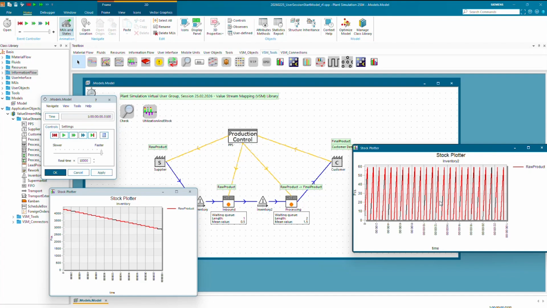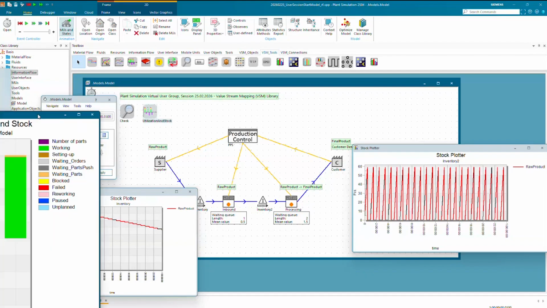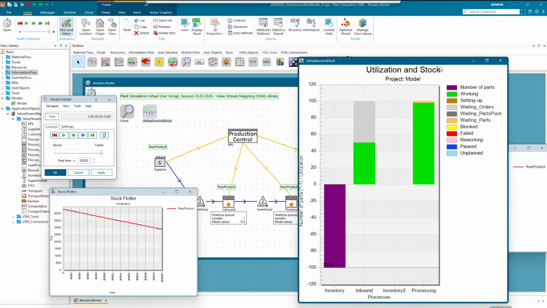It's the same for plant simulation basic processes, and also it's including stock at the current time in relation to the max of stock. So the stock is drawn to the negative, and the utilization of processes are aligned horizontally from left to right, sorted by X and Y.